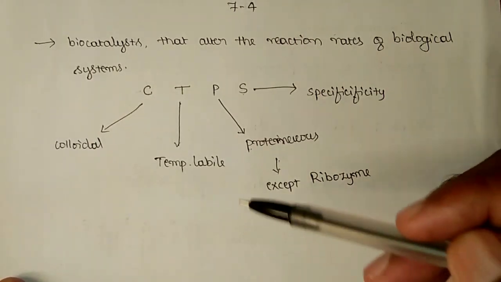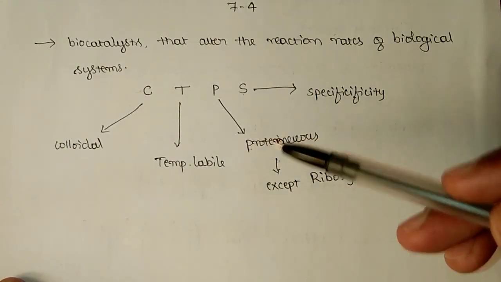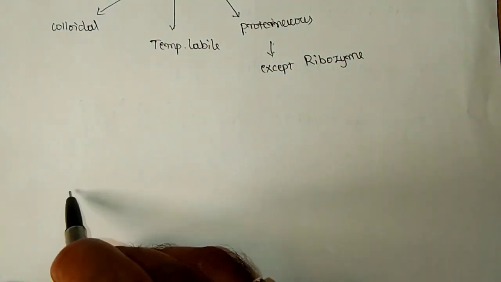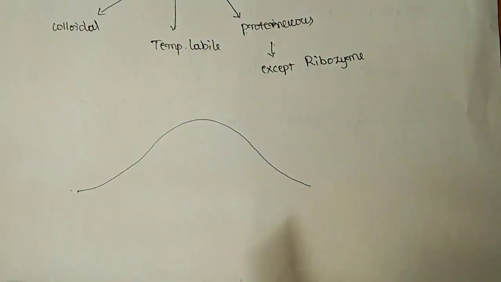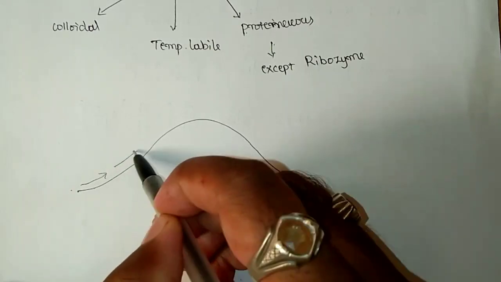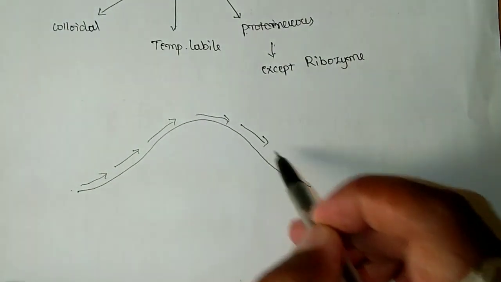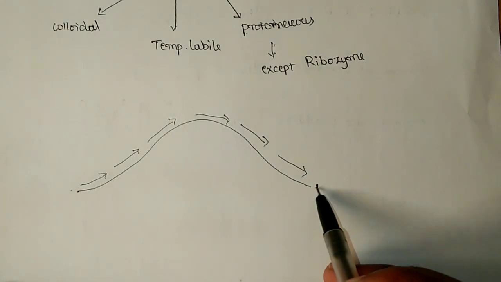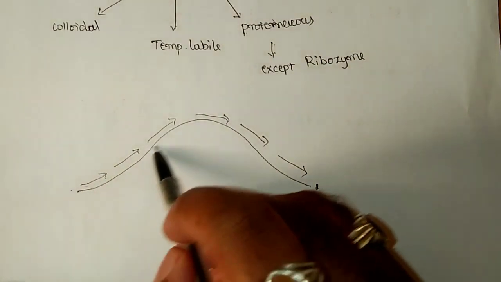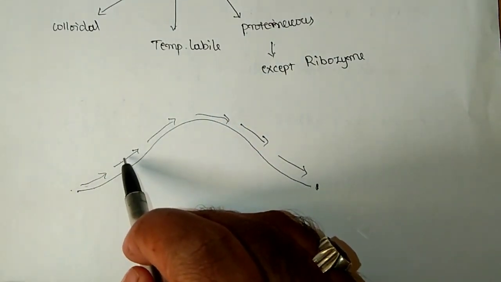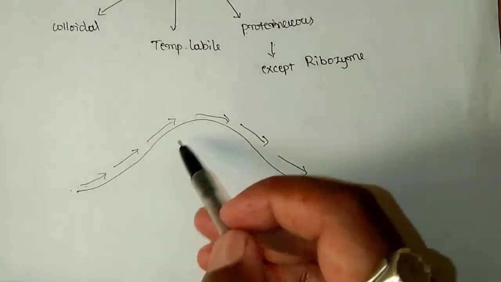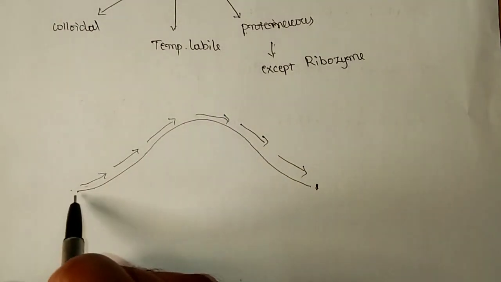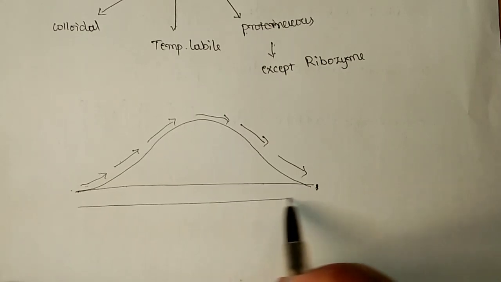And if you come to the case of how actually an enzyme will work in case of biochemical reactions or in normal reactions, for that let us consider one simple example. If you consider a hill and the train has to climb this hill so as to reach this target point. So here the train has to climb this hill and come over to this target point. And in order to climb this hill, this train is supposed to require more amount of energy and it needs more time also. Right? Suppose instead of this direction, if we have created a tunnel over here,